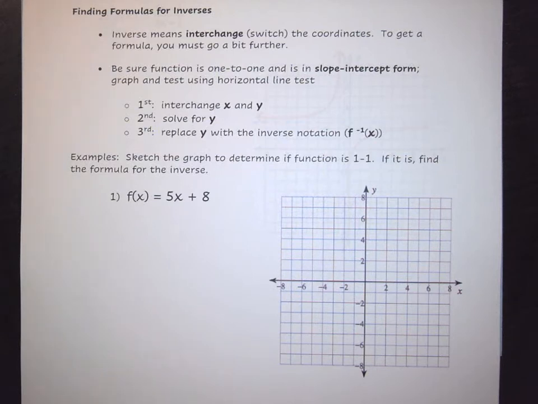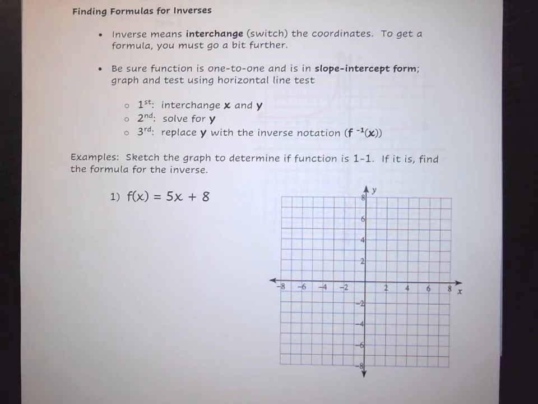If you find out that your function is not one-to-one, in a lot of instances you could restrict your domain and force it to be one-to-one. Okay, and so that's just one part of math that we can use. Okay. Now, once you determine one-to-one or not, you follow three quick little steps in order to find that inverse